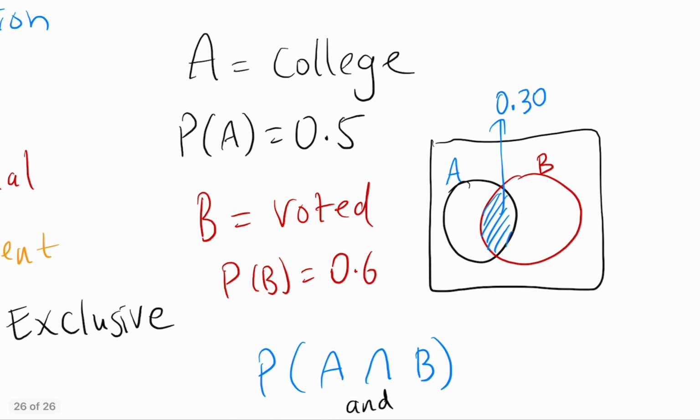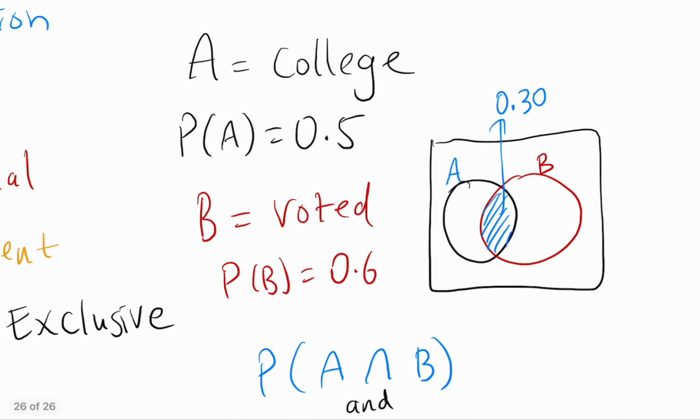Now let's talk about conditional probability. So now in this example, what if I ask you the following? What's the probability of A given B? First of all, that's the notation here. Anytime you have this vertical bar separating the two events, A and B, the way to read that, and I'll make this color red just to match, is A given B. So in this context, A being college, B being voted, this is basically, to translate it, going to say the probability